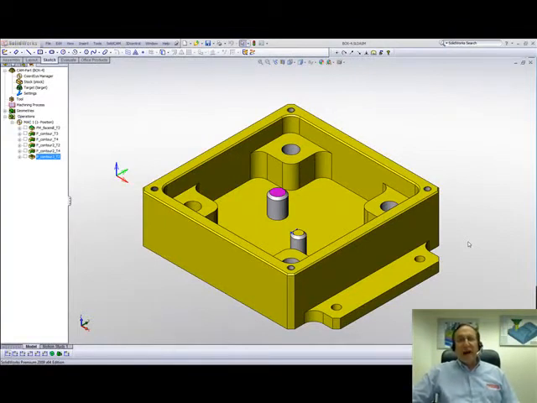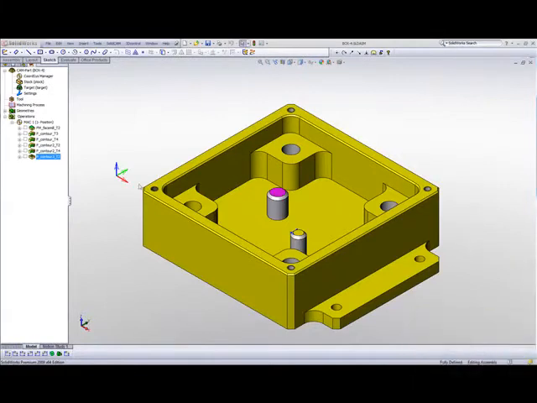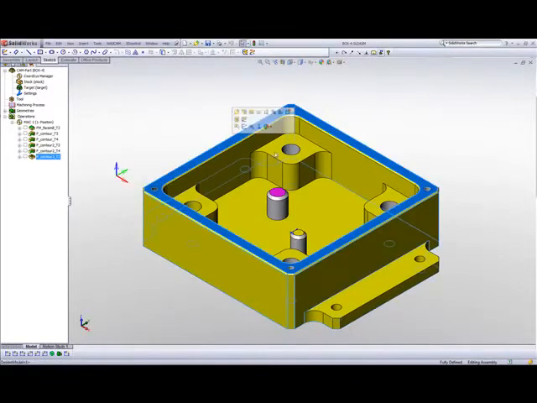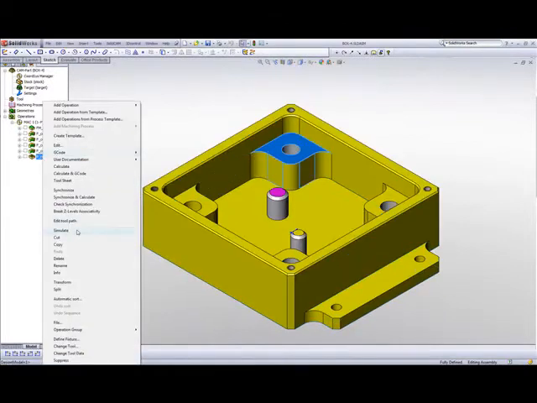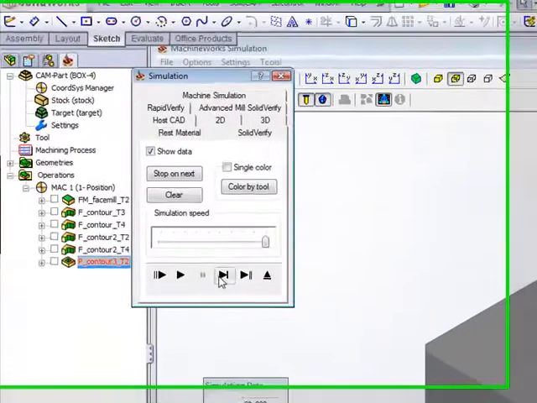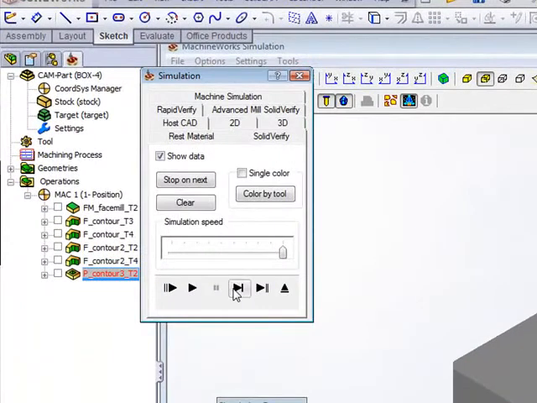In this session, we'll be doing part 2 of our lesson on pocket machining. What we have done in our previous operation, just to remind you, is we've created a pocket operation in this area from this surface up to this surface, and if I run my Solid Verify simulation, you'll note that the tool is going down in that spot, going directly in, and then machining out that pocket